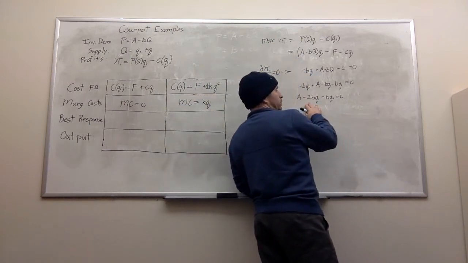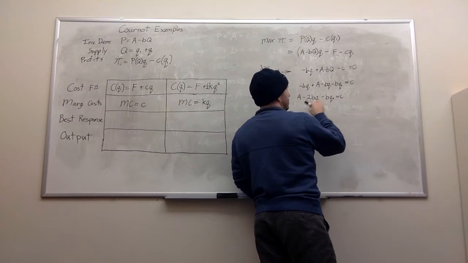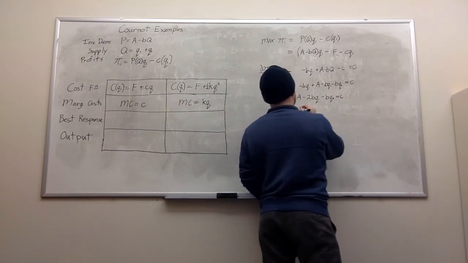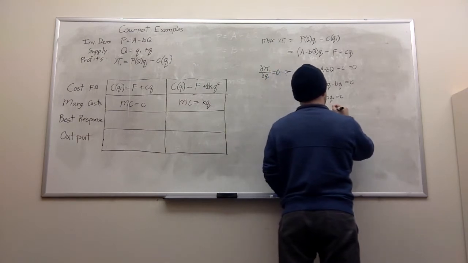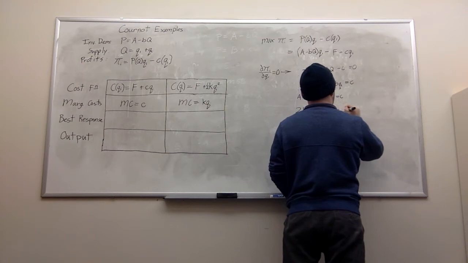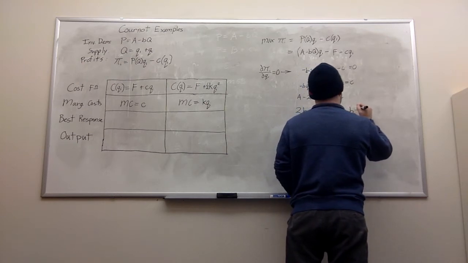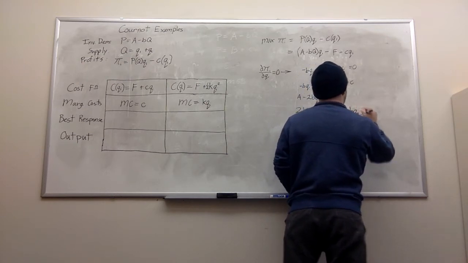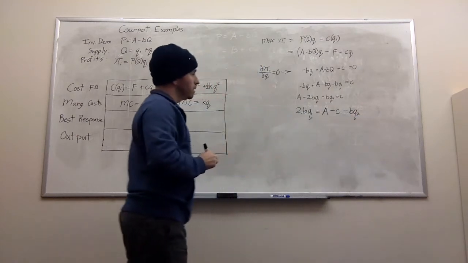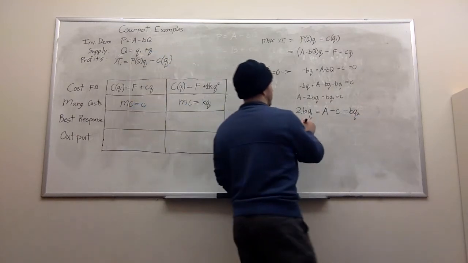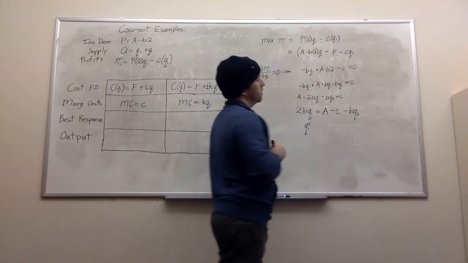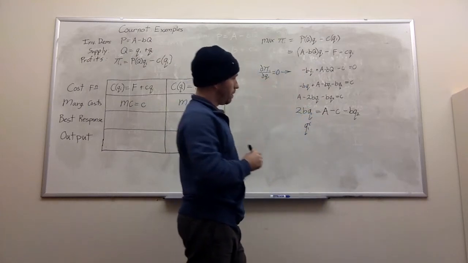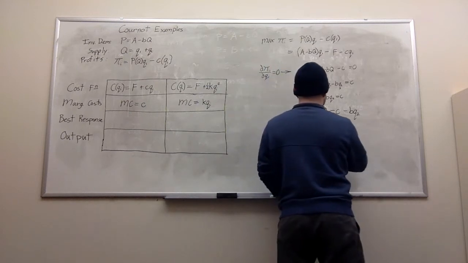Now I add 2bq1 to this side and subtract a minus c over here and get, we call this q1c for Cournot, is equal to